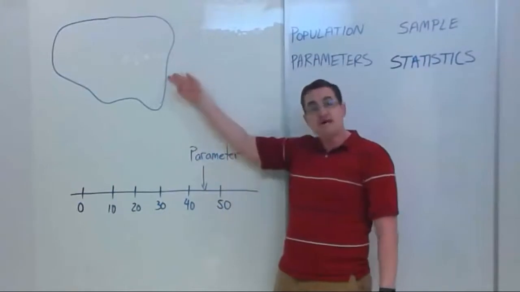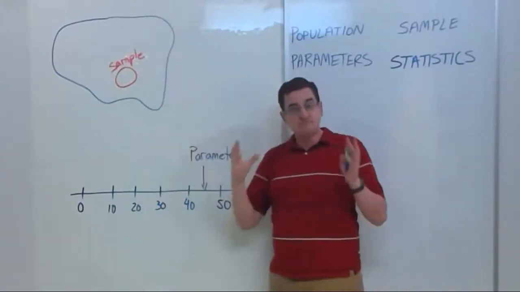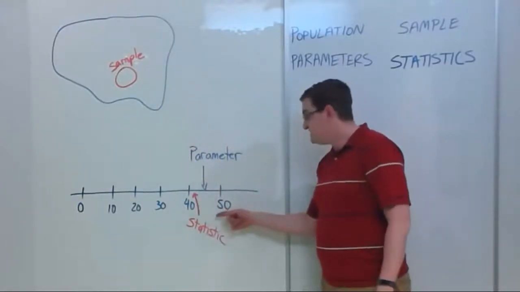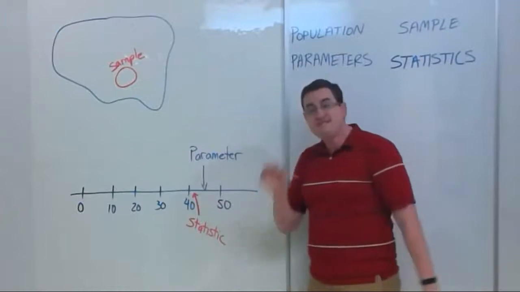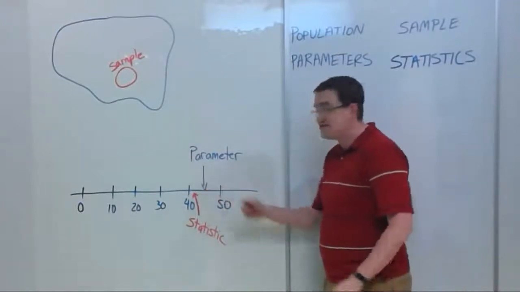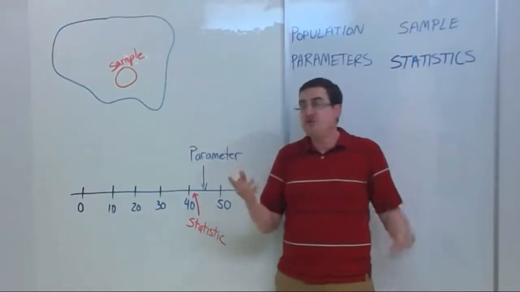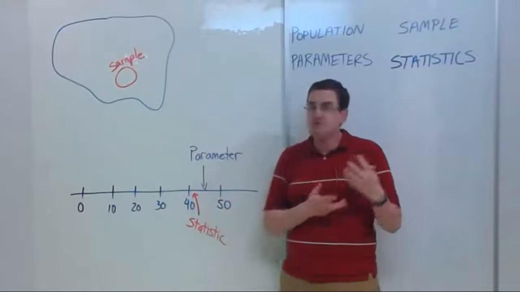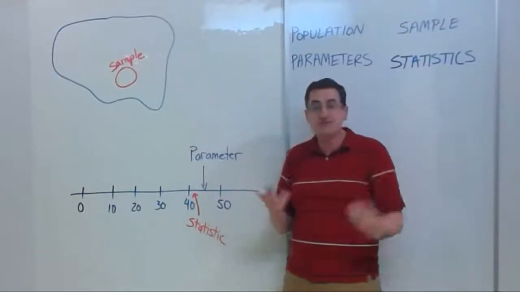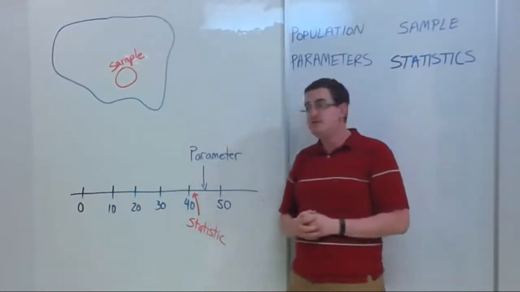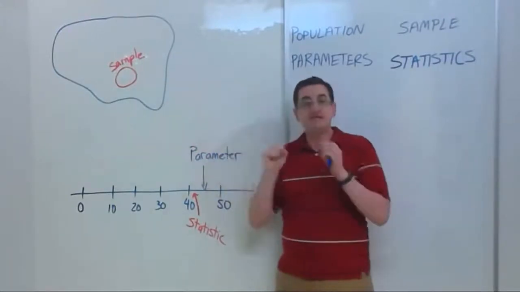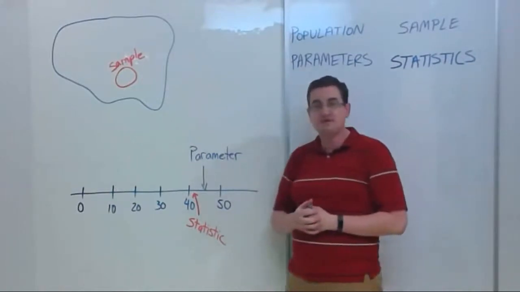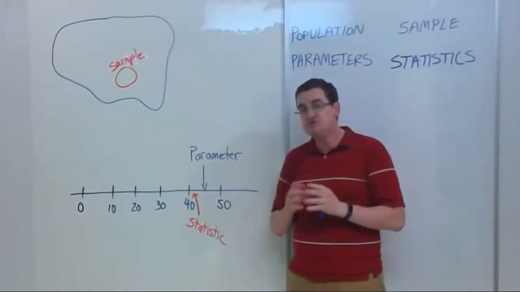You would take a sample, which is a small subgroup of the total, and from that sample, you would get an average, let's say in this case, 41, and it didn't line up on the parameter exactly. Why not? There's fluctuation in who you pick. Maybe the people who agreed to be part of the study weren't people who could hold their breath as long as normal, and that's always going to happen when you're picking a random sample. This group isn't going to be a perfect representation of the whole, but we are hoping it's going to be close.